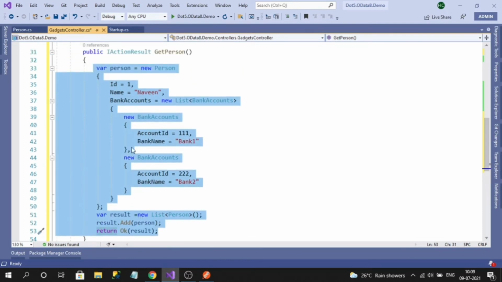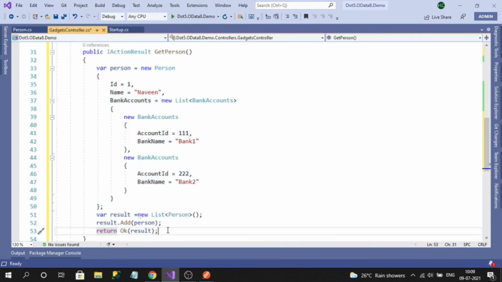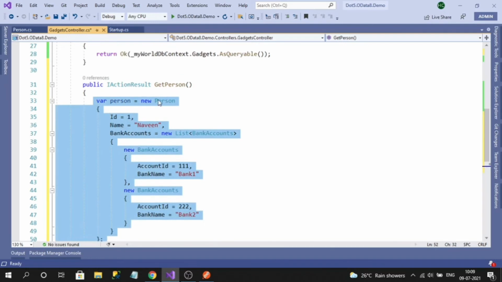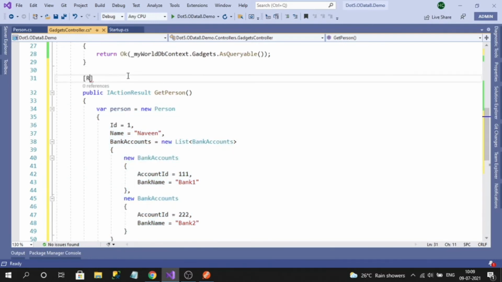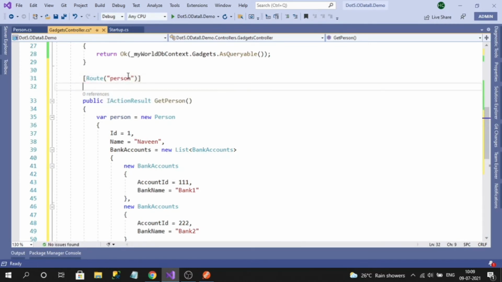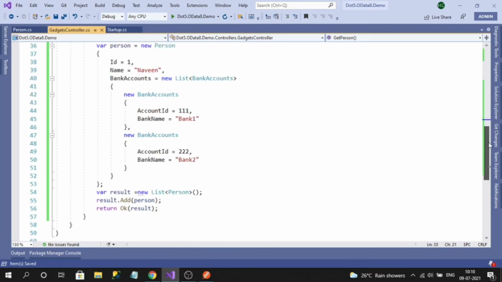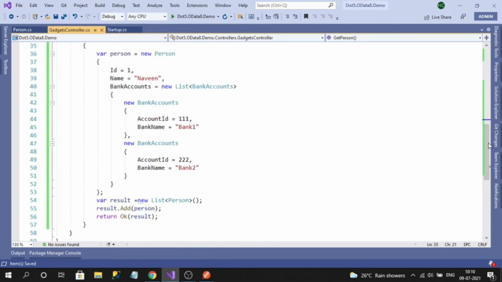This is like the first approach, meaning now OData can apply its results on results, not on Entity Framework Core, right? Because here we already fetched the data. It's not a queryable. Okay. So let's also configure route like person and HTTP GET and the main thing, enable query. That means we are enabling OData features on this. Okay. So now I can run